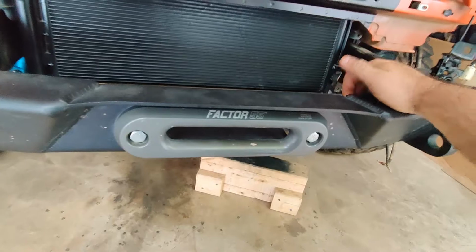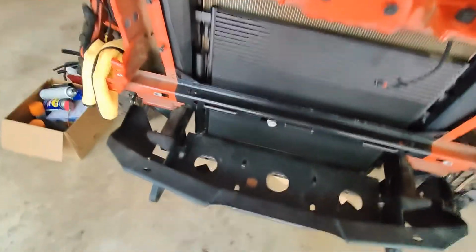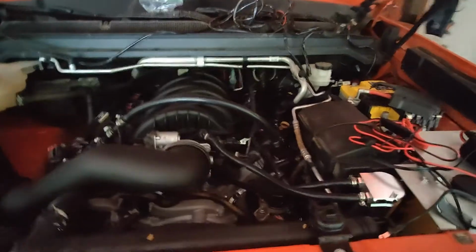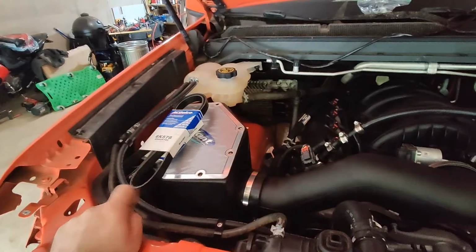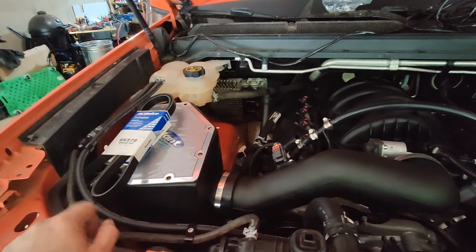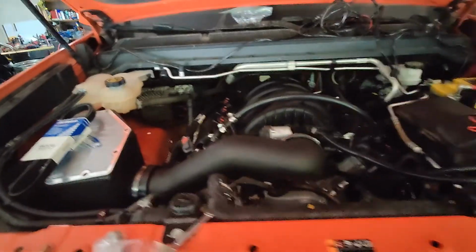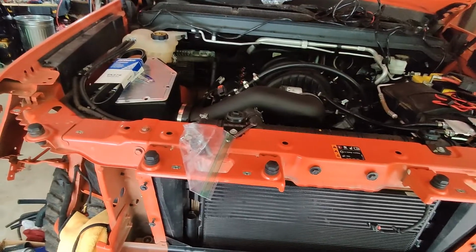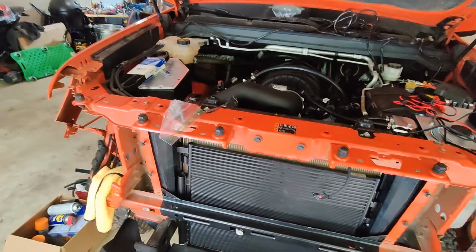But I decided to remount the bumper, have that mounted. That way I can stand on it when I do some work on the engine. Nothing's really gone on here because I'm pretty much done except for the belts. I'll probably install those once I get the exhaust welded up. I've got the AC fuse pulled so it won't engage the clutch, which is another reason why I haven't put the belts on,